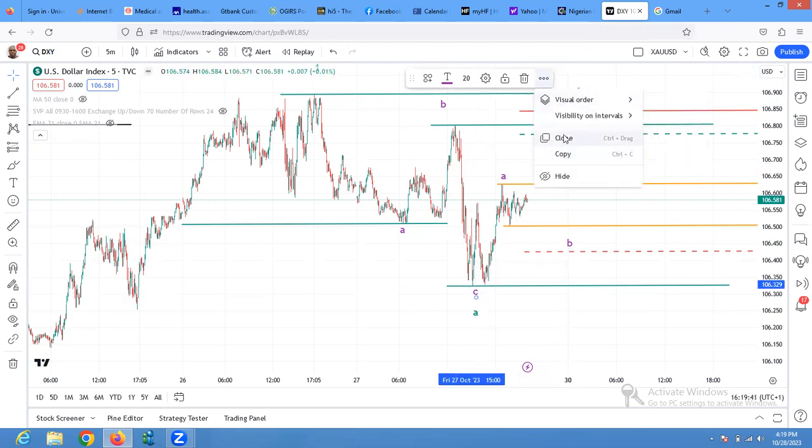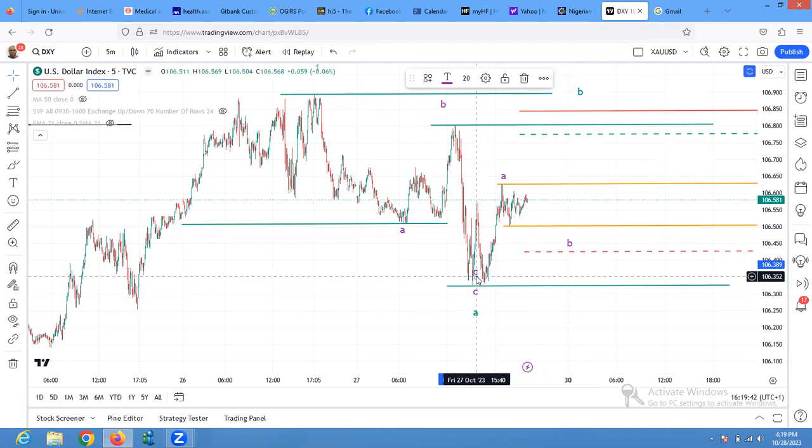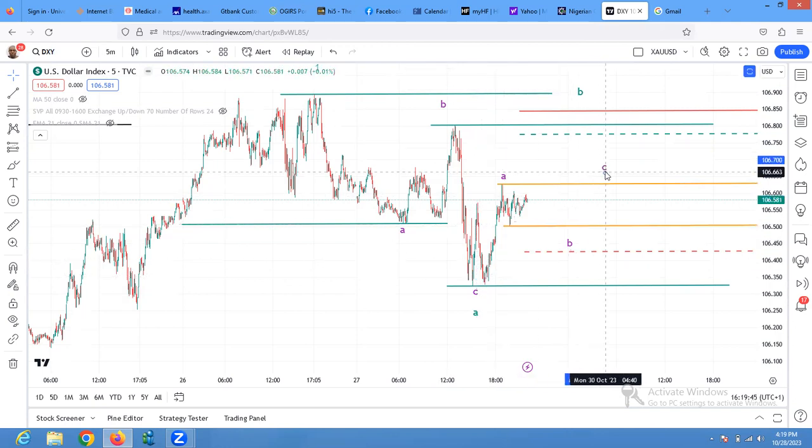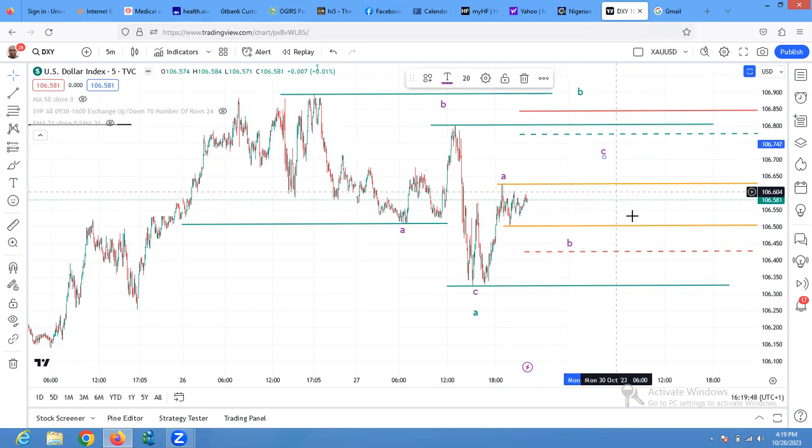And doing a C part of a B wave, of course, we expect a 5-wave structure to the upside. Then immediately after that, we're going to come down sharp to do a C wave. And with that C wave, we should be expecting, for now, in terms of retracement of what we've seen here, of this particular wave here,